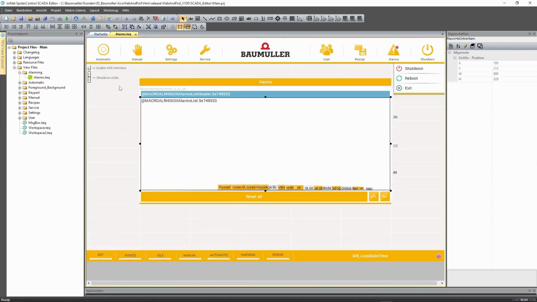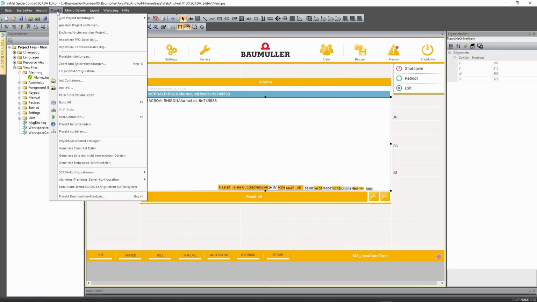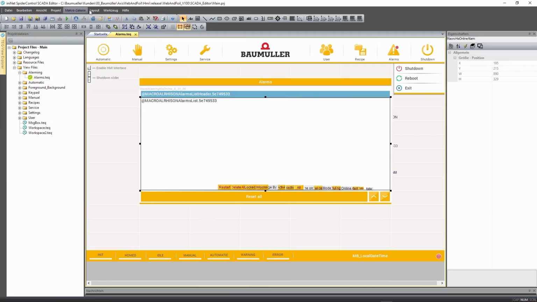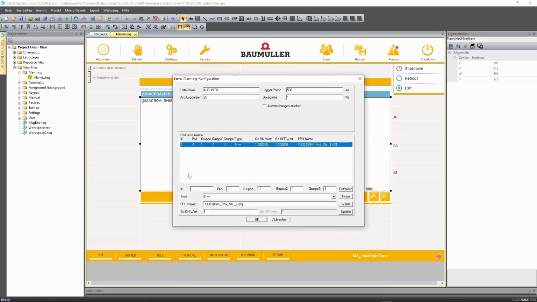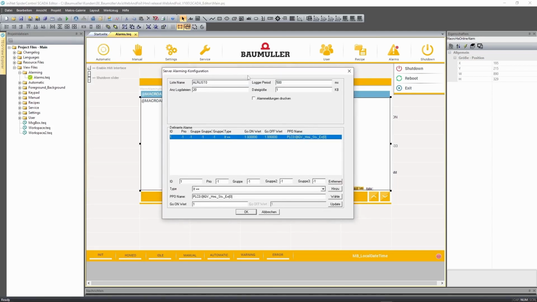So what I'm going to show you next is the alarming definition. Unfortunately this is in German here, but I will explain in English what it means. So we go to project and alarming trending server configuration, and here you can see the alarms that are defined in the HMI project, and we have an alarming list with a lockup period of 500 milliseconds. So it will log the alarms in a cycle of 500 milliseconds,